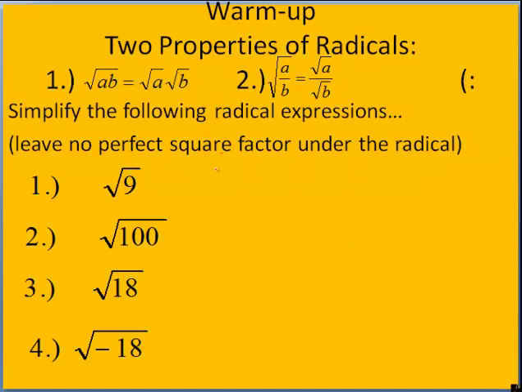Here's a quick warm-up that I would like you to try. Give it a moment, go ahead and go through these. Don't forget these two properties that we have right here: if you have the product of two things underneath the radical, we could always break them apart. And same thing if we have a quotient underneath the radical, you could always individually take the square root of the top and the bottom. So simplify the following, and